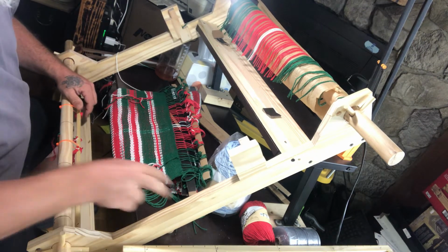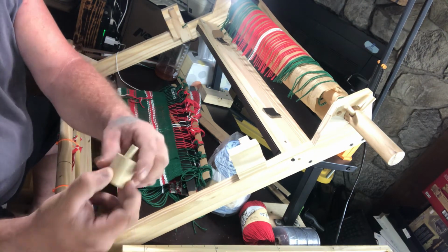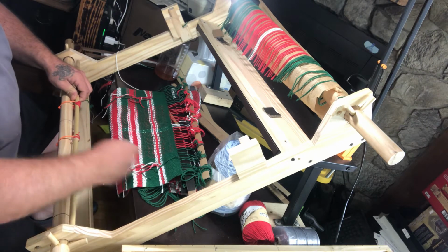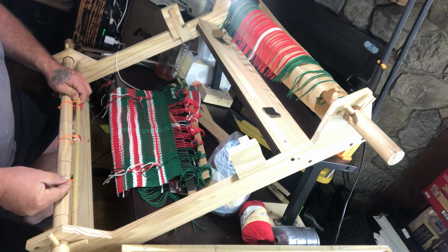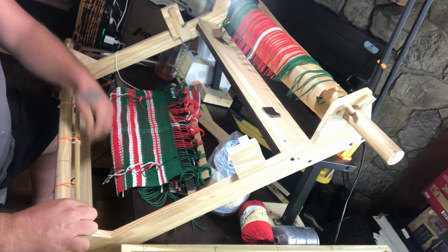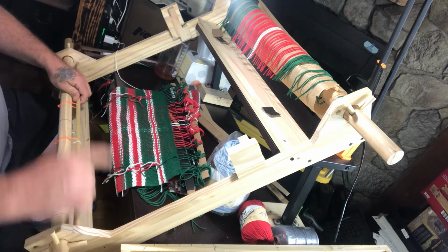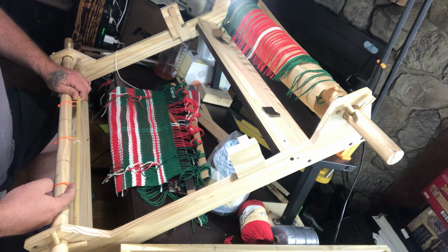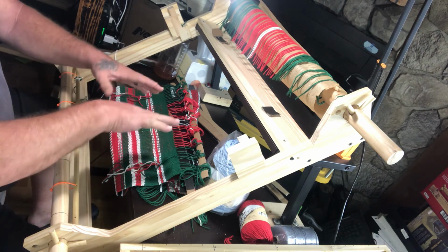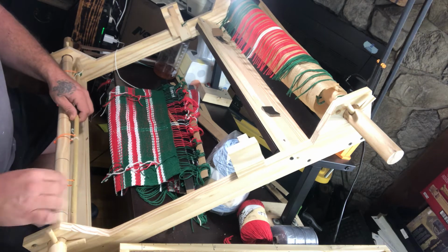So you remember your dowel rods you used for your locks, those little tiny ones here? I ended up getting 2 more of these, and down here at the bottom, I drill little holes into those. I drill a hole into my rod, and then I attached it with a loop to make it loose. Now I can do my warp through it. Originally I had tied these in with string, and the problem was the string was stretching out as I went along, and it was causing the weave to start doing some weird things. So I took that off and then went through with a little hole, little zip tie, and then when you turn it,